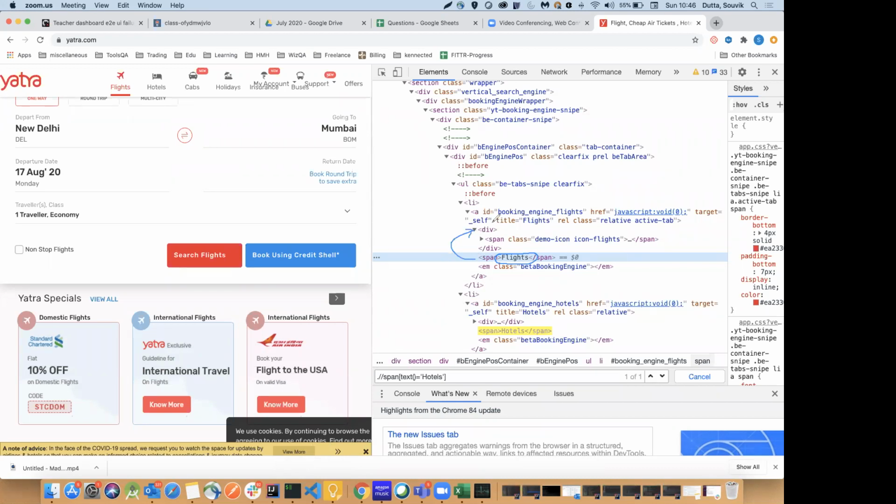I can somehow come to the div. Div is my parent. From the parent, I can go one step down to my demo icon. That's number 1 approach, right? Second approach. This is my reference element again. I can directly traverse up